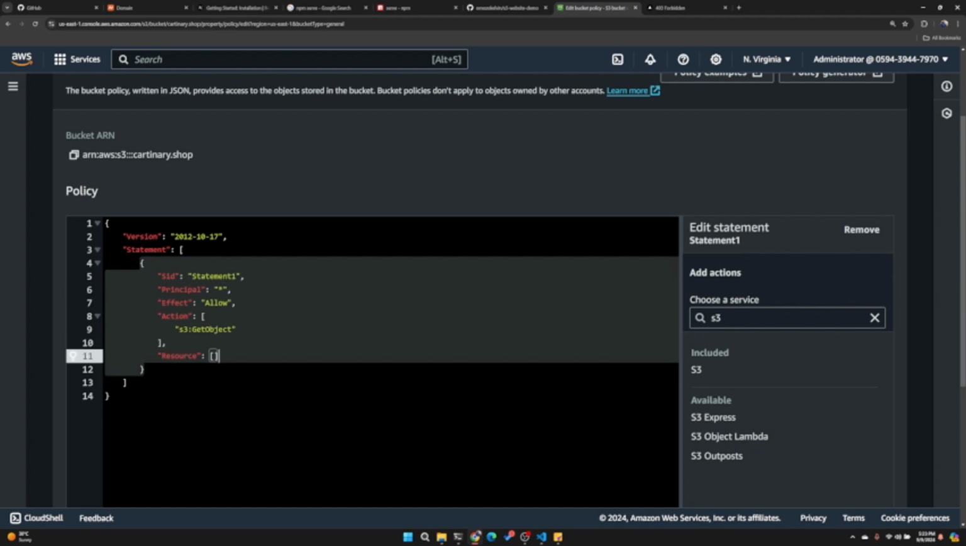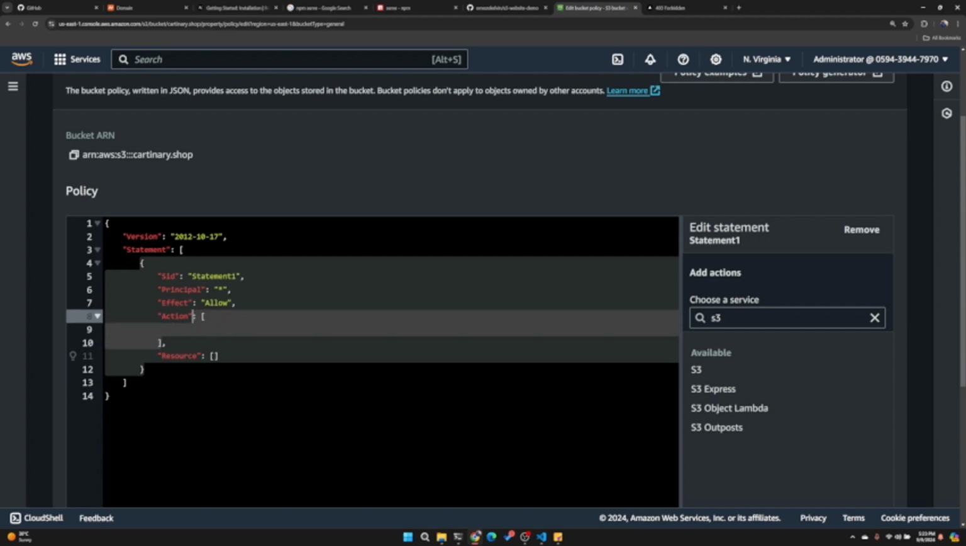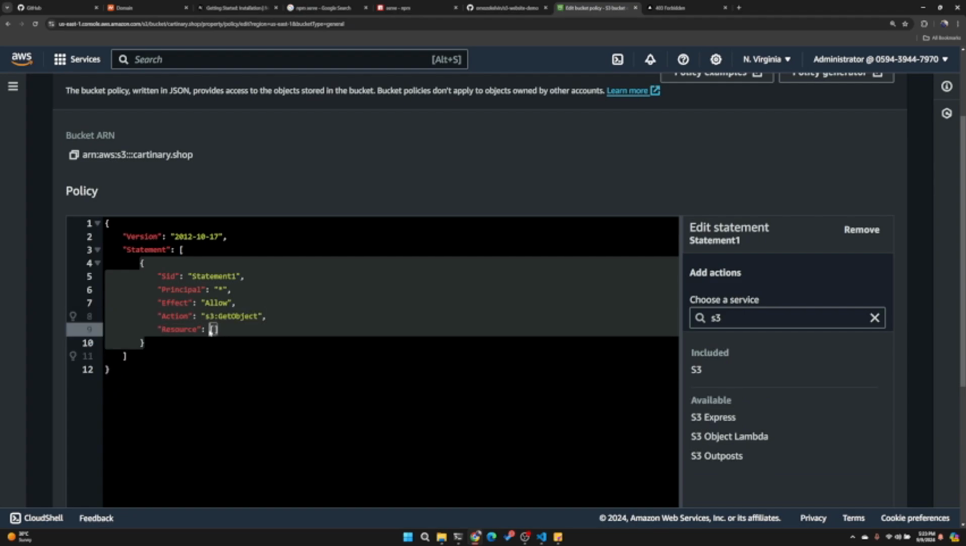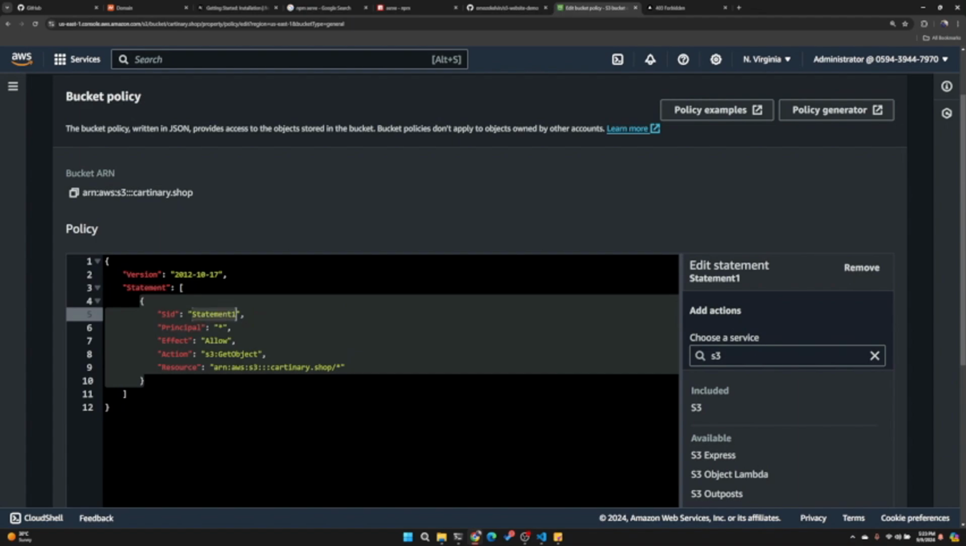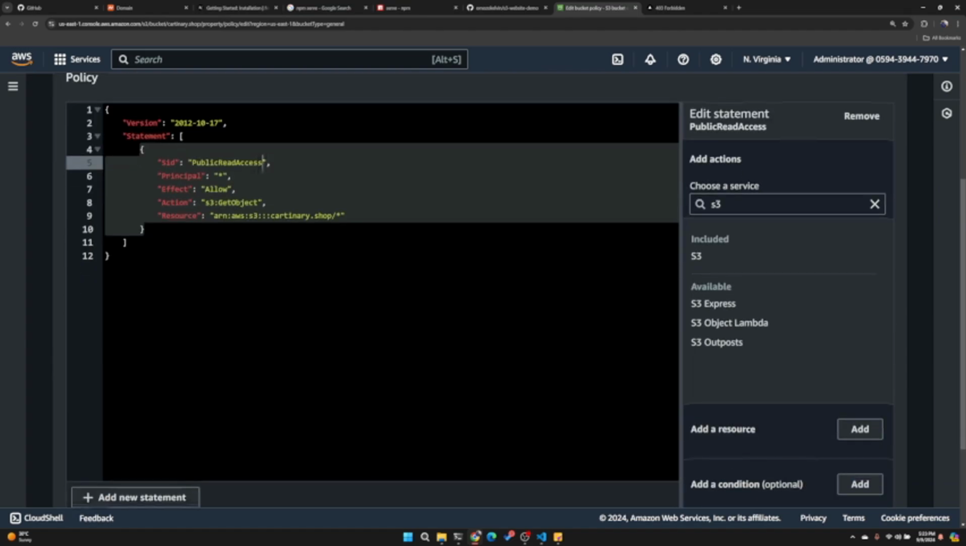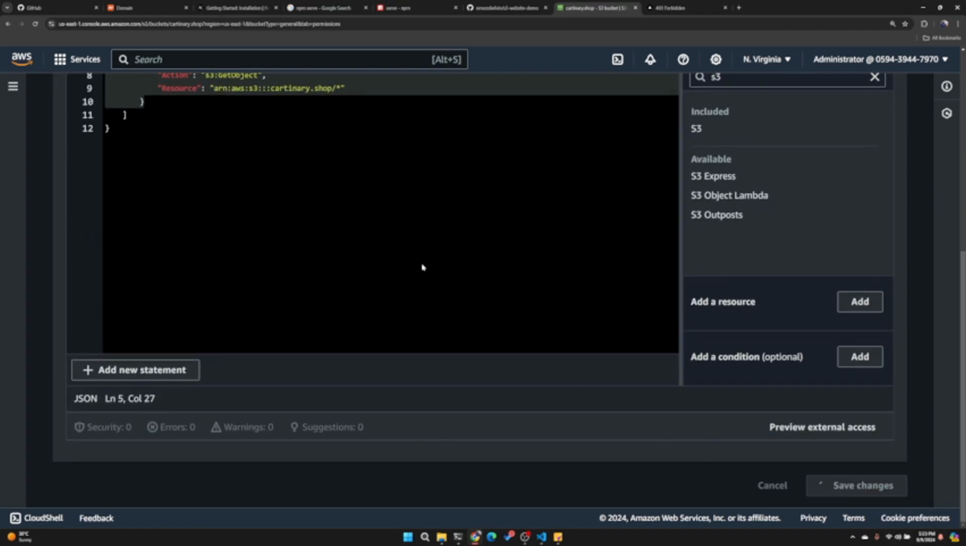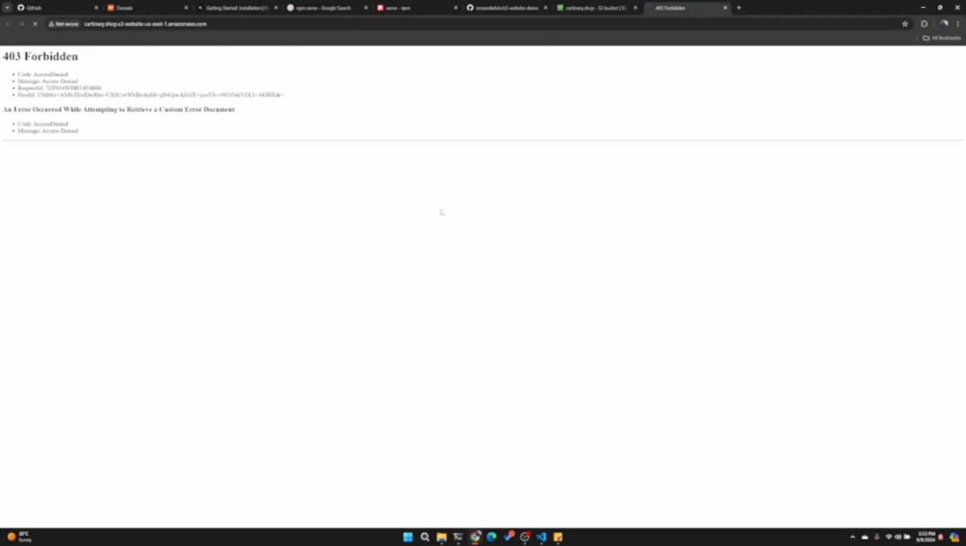Which resources? I want to take this bucket ARN, just copy that, and then add a star. Why? Because it's not the bucket itself we want to access, it's the objects inside the bucket. I'm just going to call this public read access, so you can get all the objects in this bucket. Now, if we hit save changes and come here, we're still going to get an error,